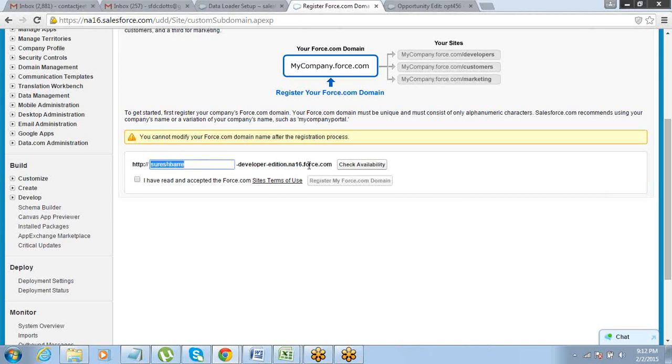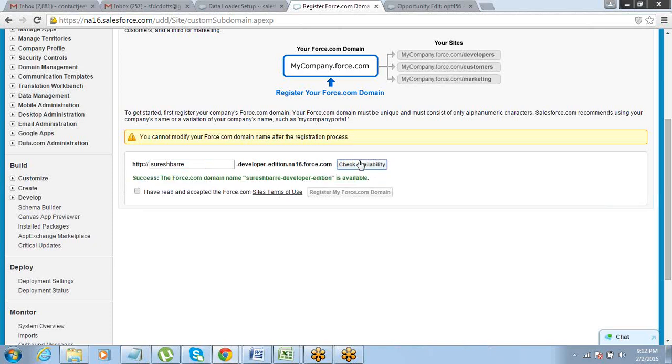So usually when you are not using a developer edition, it is like this. Your company name.force.com. Your domain becomes this. Okay. But now because it's a developer edition, it's developer edition.this.force.com. It's a little longer, but that's fine. So it's going to be Suresh Bare. You have to check availability for this.